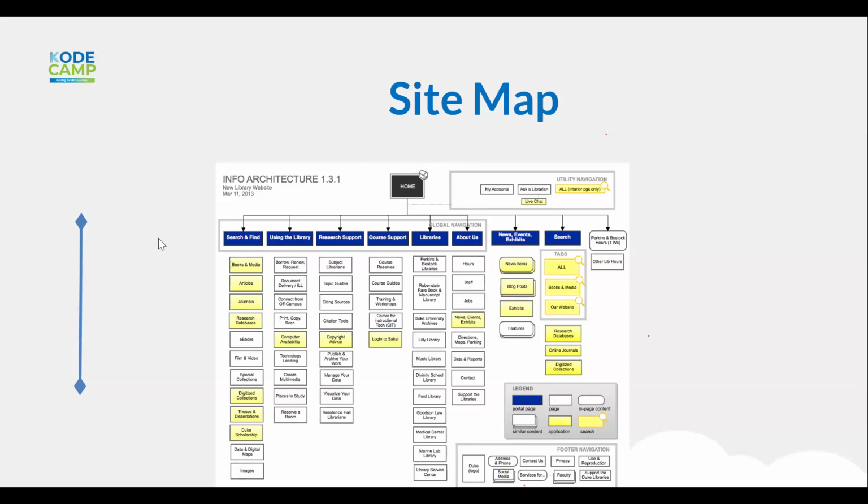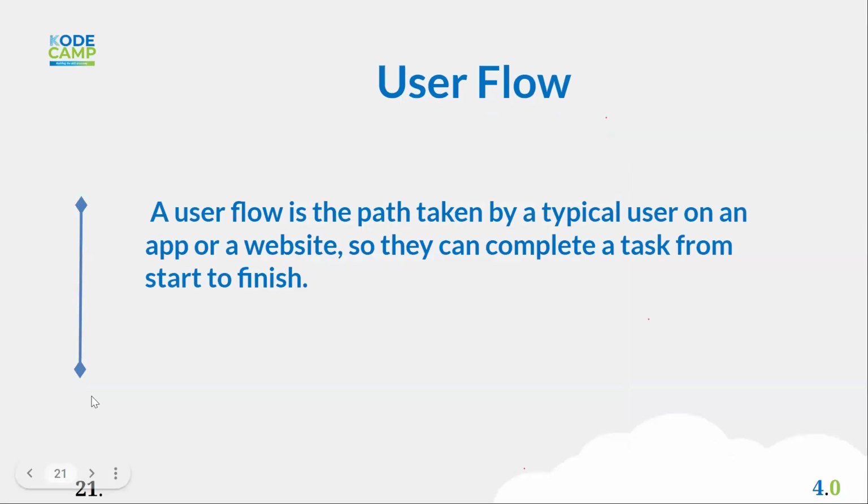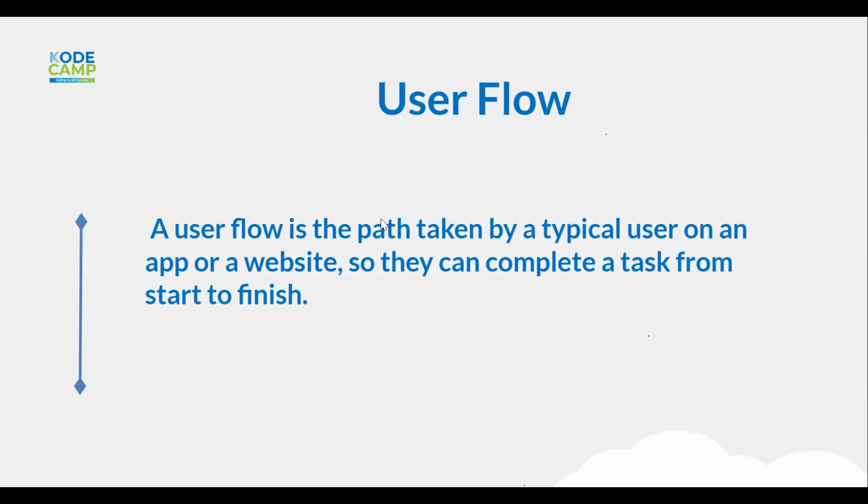Okay, you all are very correct. So the user flow is a path taken by a typical user on an app or a website so that they can complete a task from start to finish. User flow helps your design to be intuitive. It also helps to